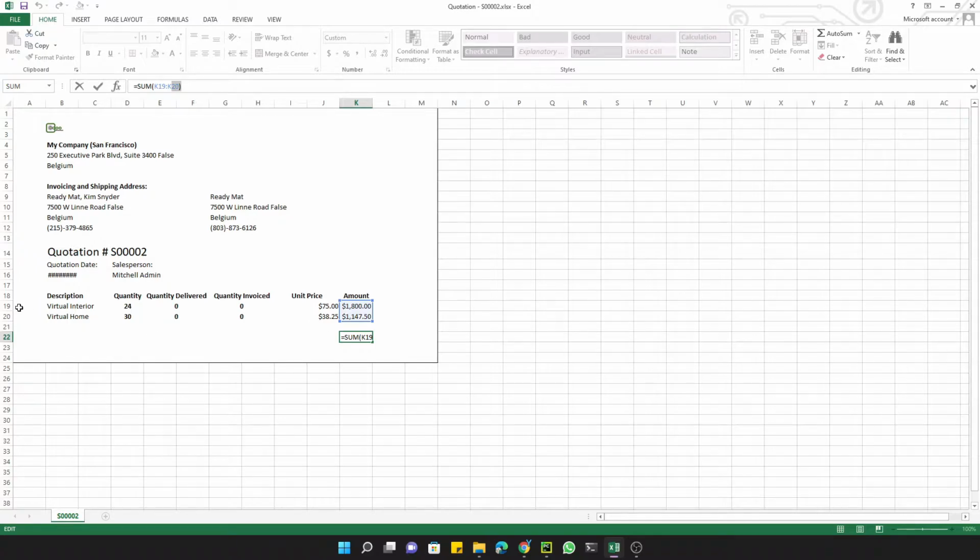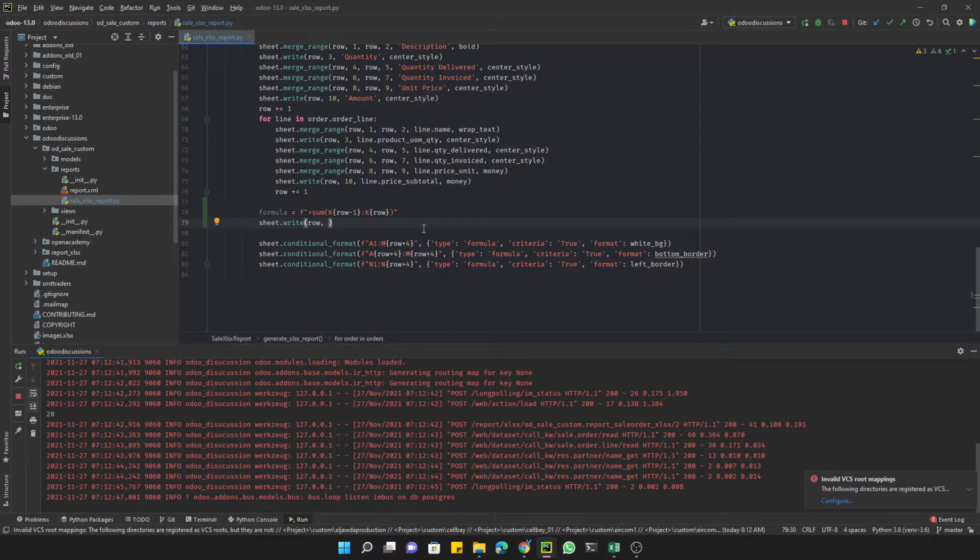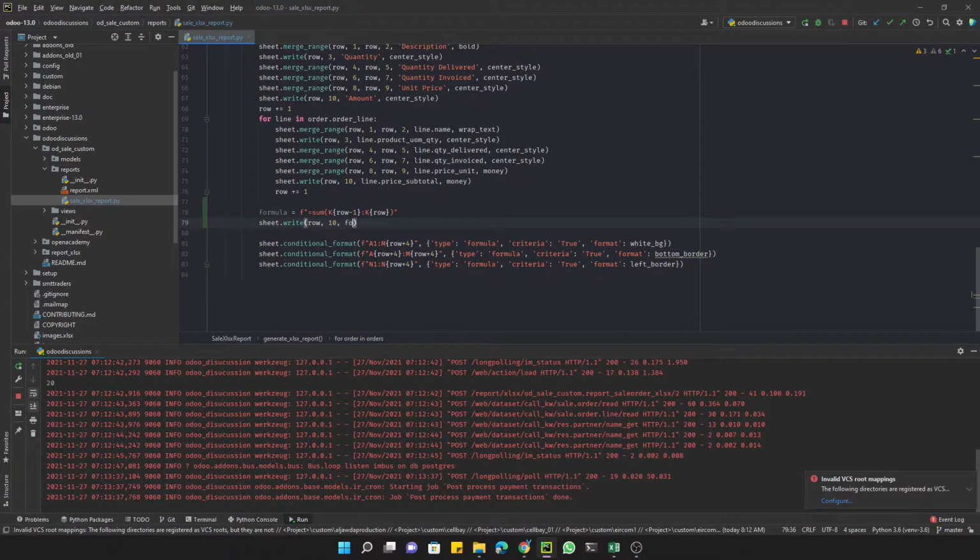It is like 0 1 2 3 4, so we can count from here: 0 1 2 3 4 5 6 7 8 9 10 11, so it is 10. Okay, so let me add 10, and then we need to add the formula like this, and then let me restart the Odoo service,